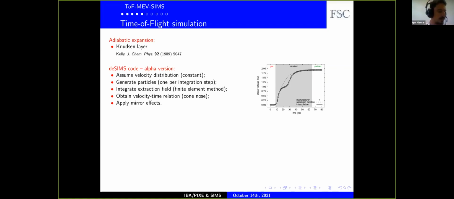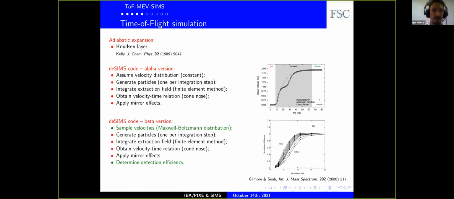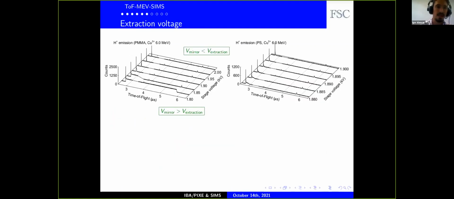This was the first version of the code. In the second version, we introduced the sample velocity distribution and some detection efficiency as observed by Gilmore and Sear. And it's quite interesting how this changed the observed emission velocities. From the results, it's quite interesting that as we have a continuous source of primary ions,